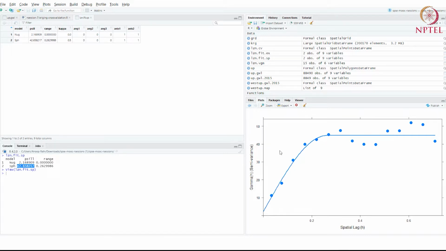So the value of this maximum variance is something like 43. That seems right. It's right about here. One thing to do is to compare this with the sample variance. So we can compute the sample variance of the post-monsoon and remove the missing values. The sample variance is something like 41.